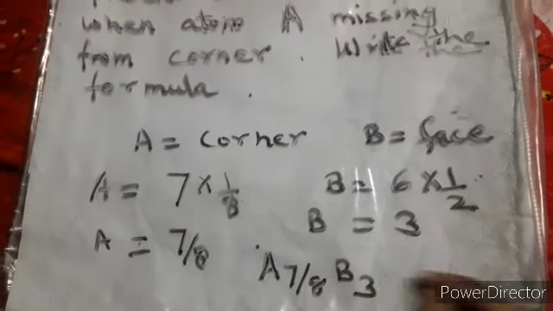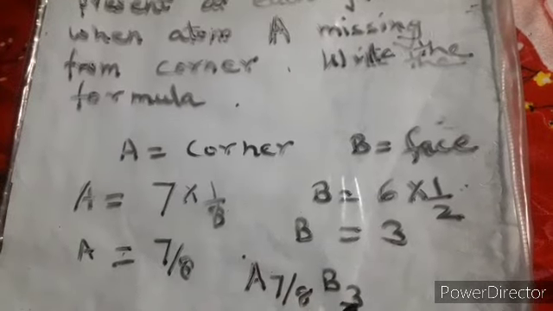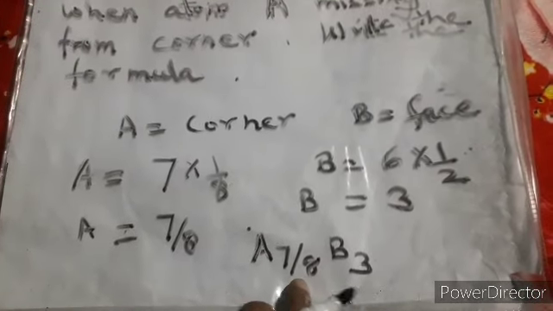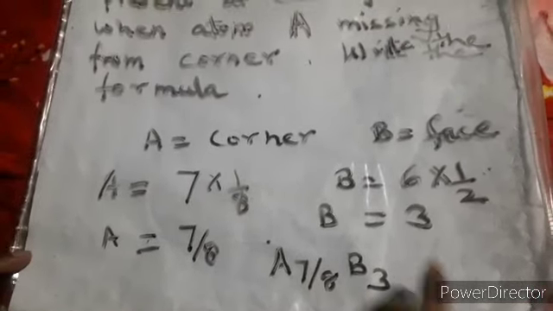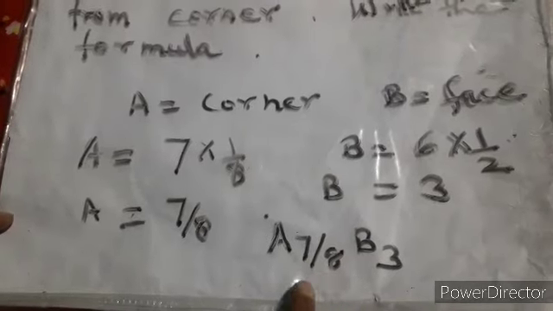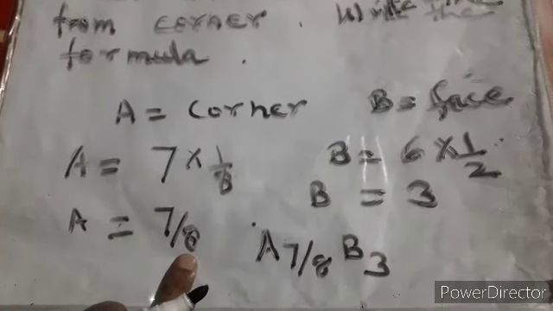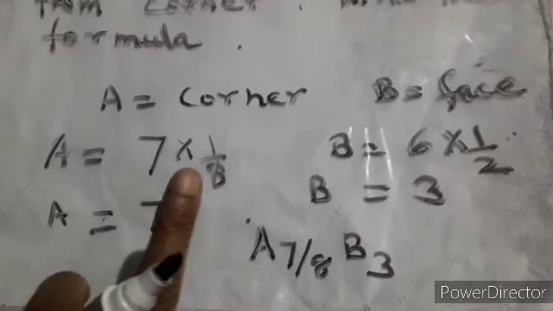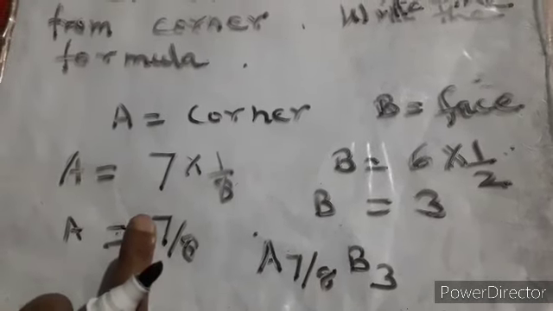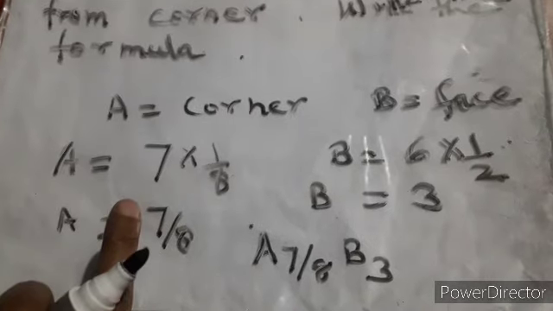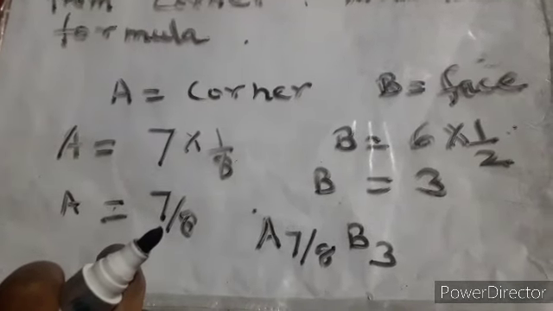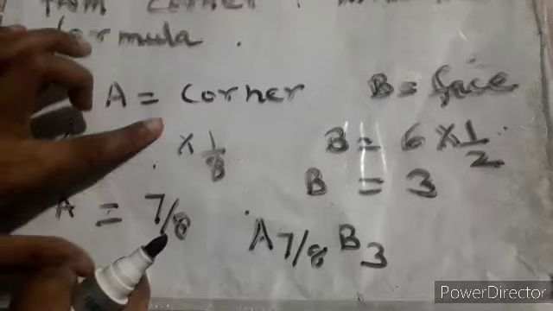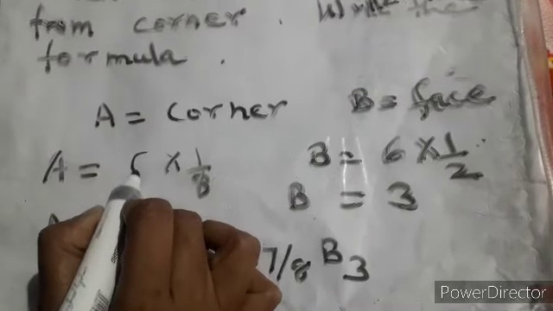If you want to change it into whole numbers, you multiply the entire thing by 8. That's why it is coming as 7 by 8, because A is getting 7 by 8 and B is getting 3. Once again, one of the atoms was missing. Now suppose the teacher tells you 2 of the atoms are missing, then you will not write 8 minus 1. Two atoms you will miss, so in place of 7, you will write 6.